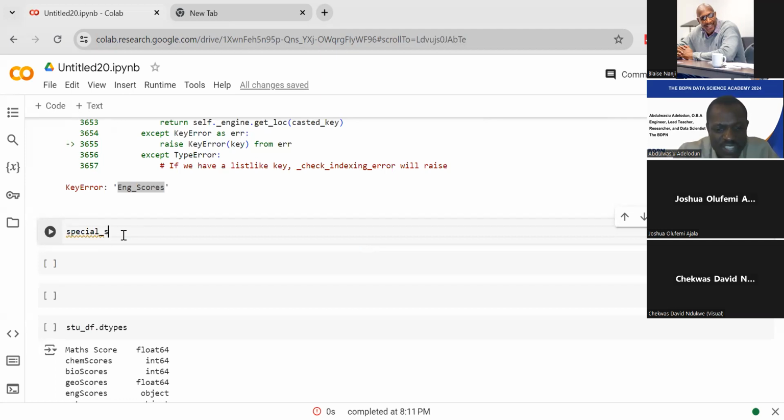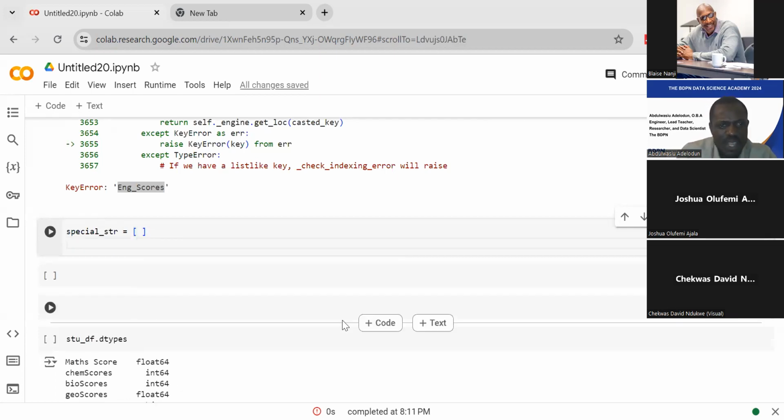Let me call it special string. I want to see a special string. Let me call it that for now, I don't know what the special string is. Let me just say it's an empty list because I don't know what is there. I will now say, okay, let's try to run if. Okay, let's start for every column, for every